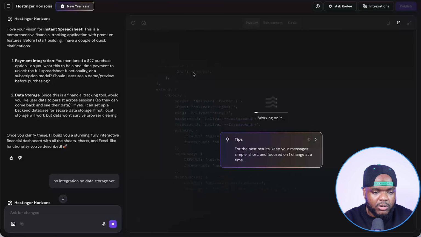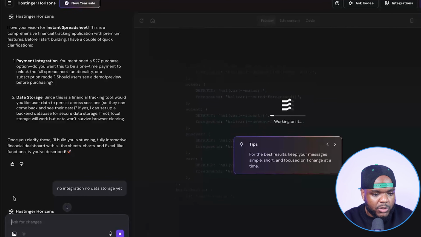You don't need to touch the code. You don't need to be a coder. You don't need to learn coding. You just need to tell it what you want it to do, and it's going to go straight to work to turn your